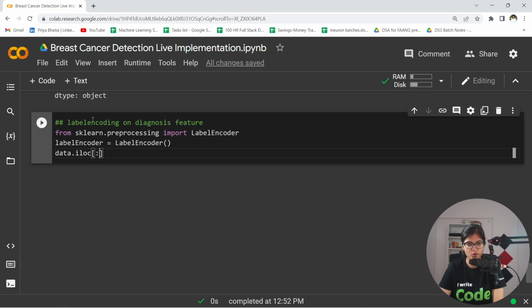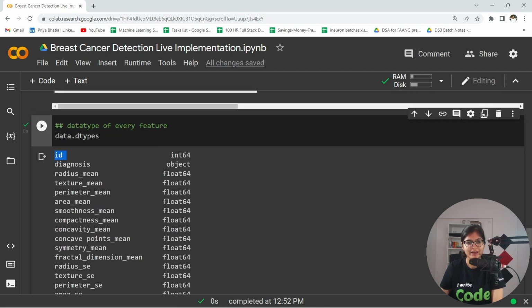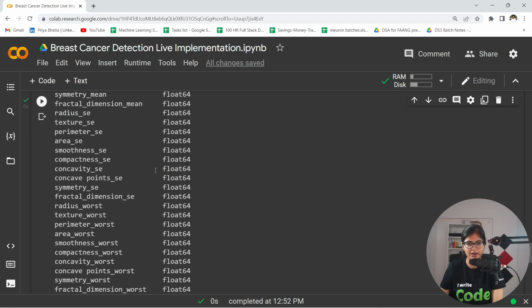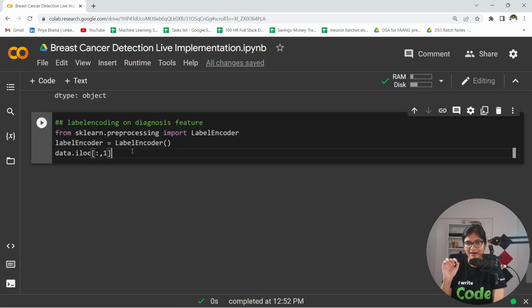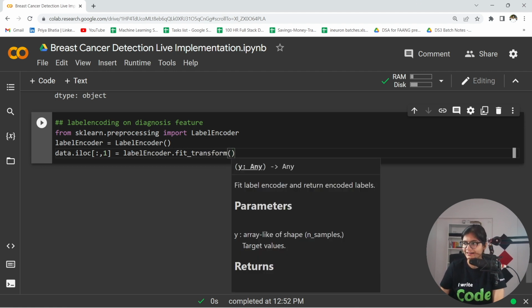You can say all the rows and the first column, because here, if you will see, ID is the 0th column and diagnosis is the first column that we have. So I want to apply label encoding on that particular column. So here I can say labelencoder.fit_transform on what particular data,